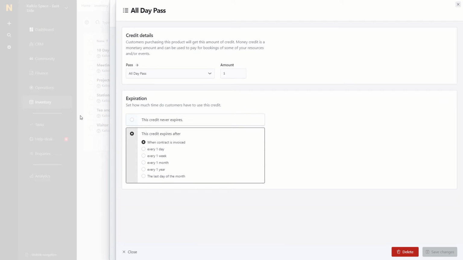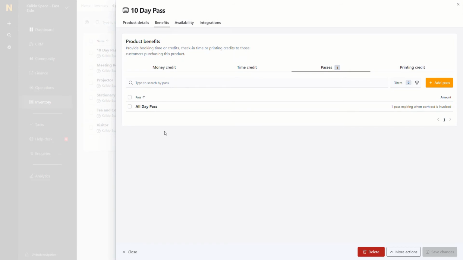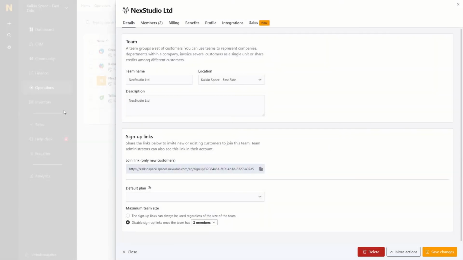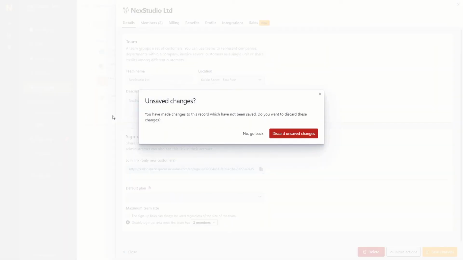You can close any record by clicking on the left-hand side of the page, the close button at the bottom of the record, or the cross icon in the top right corner. If you use keyboard commands, you can also close any record by pressing the Escape key on PC or Mac. If you close a record with any unsaved changes, a window will pop up asking you if you want to keep editing the record or leave without saving your edits.